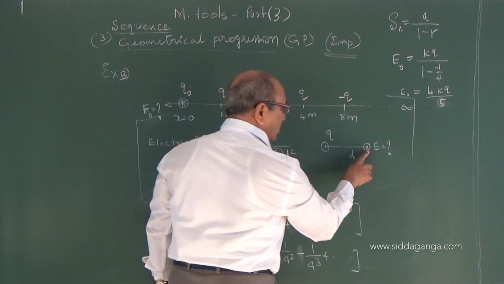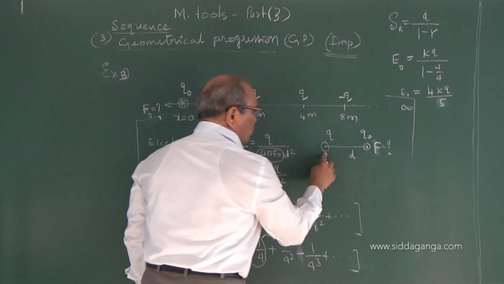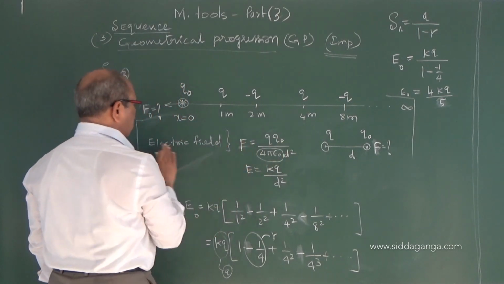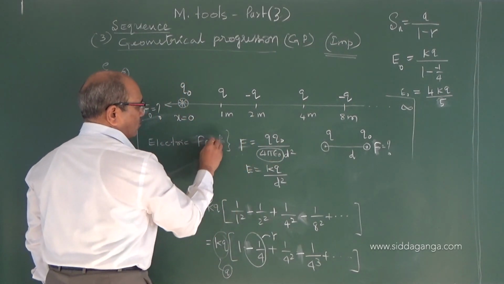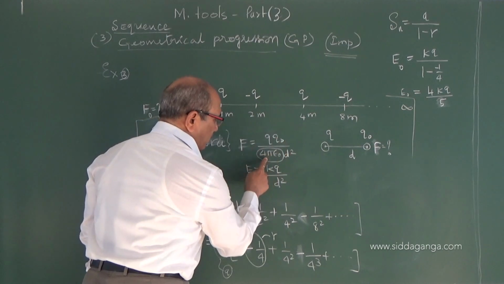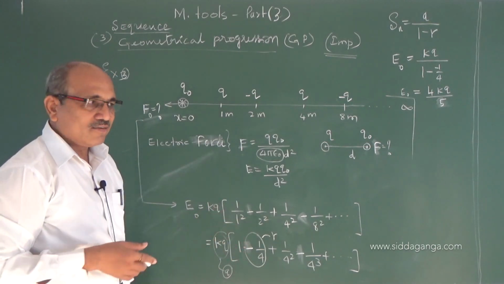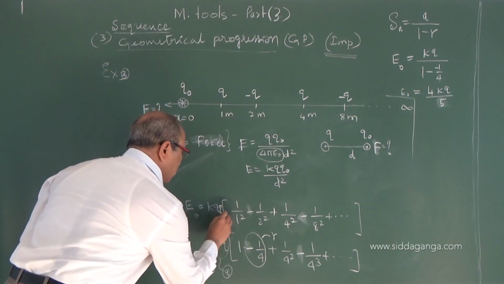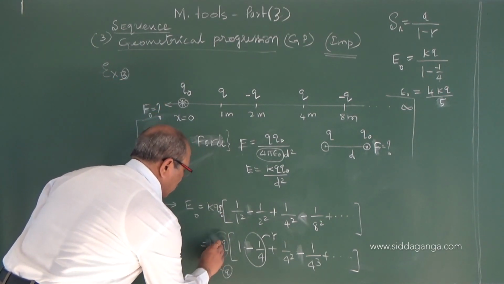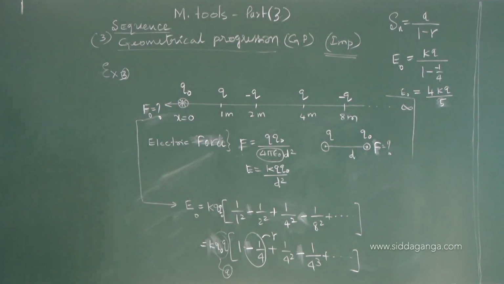If I place a Q naught at this point, what is the force acting between the two charges? You have a relation Q into Q naught for the force, instead of electric field, the electric force. So this electric force is k Q Q naught by 4 pi epsilon naught d square. What am I changing? Now you are seeing it. I am bringing in another term Q naught. Here also I am bringing Q naught, k into Q naught cube. So what happens to the force term here?